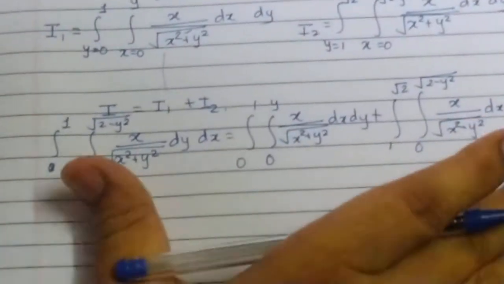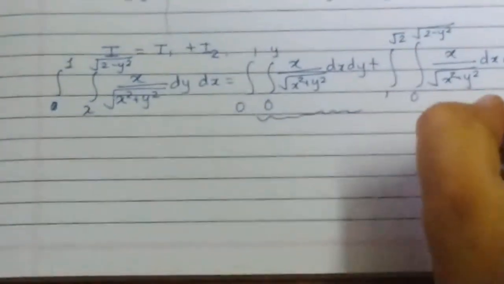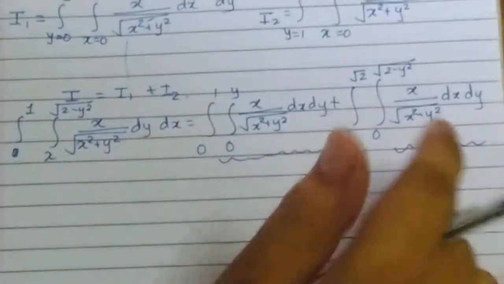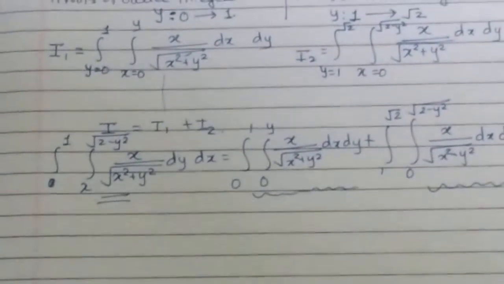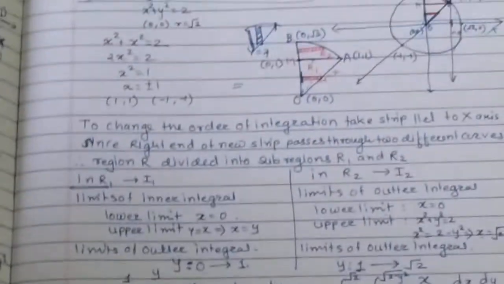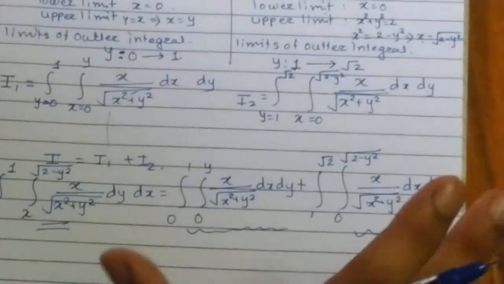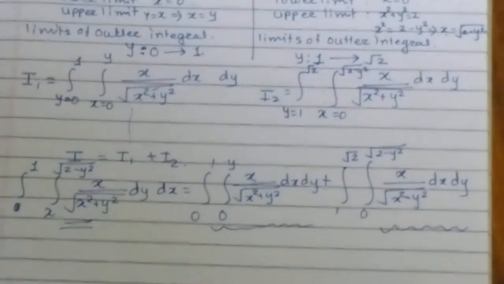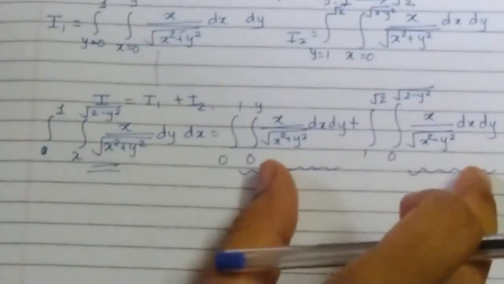Now I am leaving the further part as homework for you. Try to solve I1 and I2 separately. Once you calculate them, just take their addition, you will get the answer of the required integral. Because of the time constraint, I am not going to explain the part of solving this integration. In the previous lecture, I have discussed how to solve a double integration problem. You see that video and try to get the answers of both the integrals.